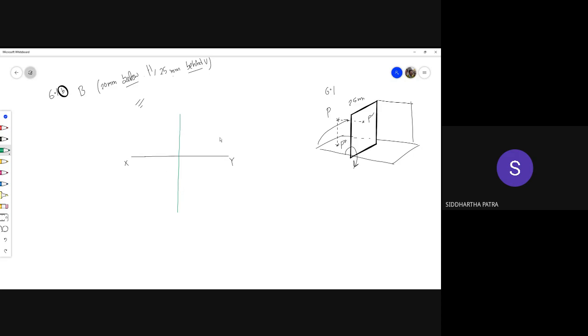That would be over here, which is 25 millimeters away from the xy line. But this one right here is the horizontal projection. Okay, and then the vertical projection, if